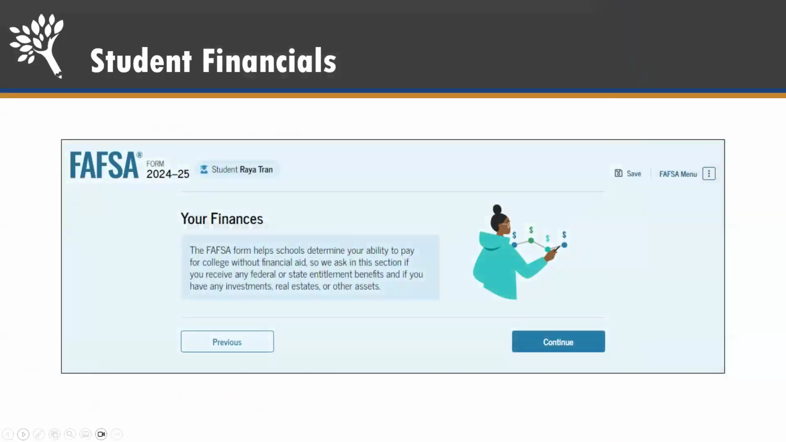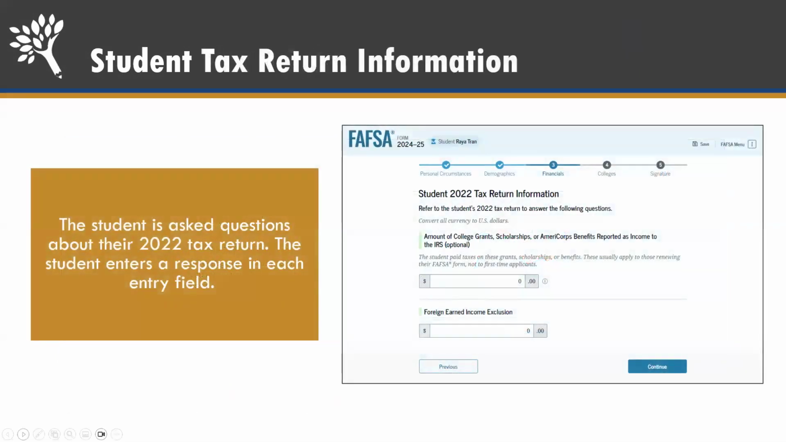And then it's going to start asking you about your financials. This is just basically information about your assets and if you filed taxes. This is going to be information from 2022. So they're going to ask if you filed 2022 taxes, and if you didn't, as your own self, not if your parents filed, but did you file as an individual taxes in 2022? If you didn't, you're going to select no, and it's just going to ask you a couple questions about your